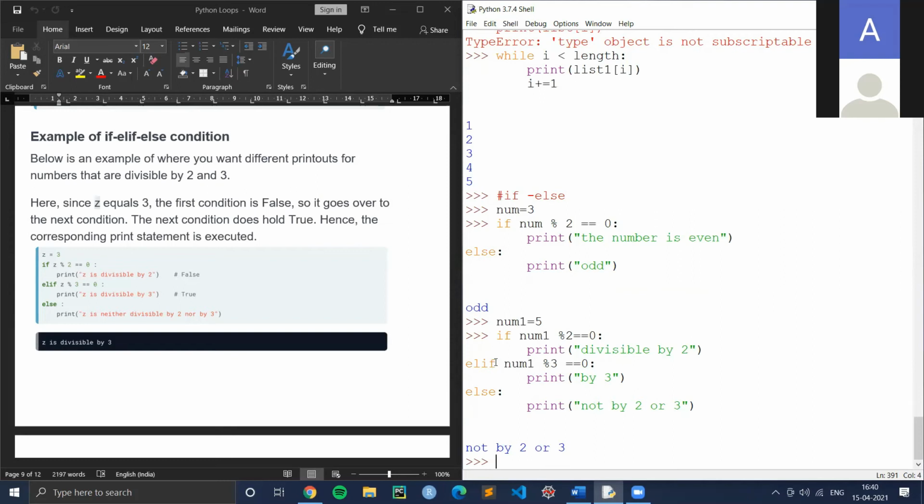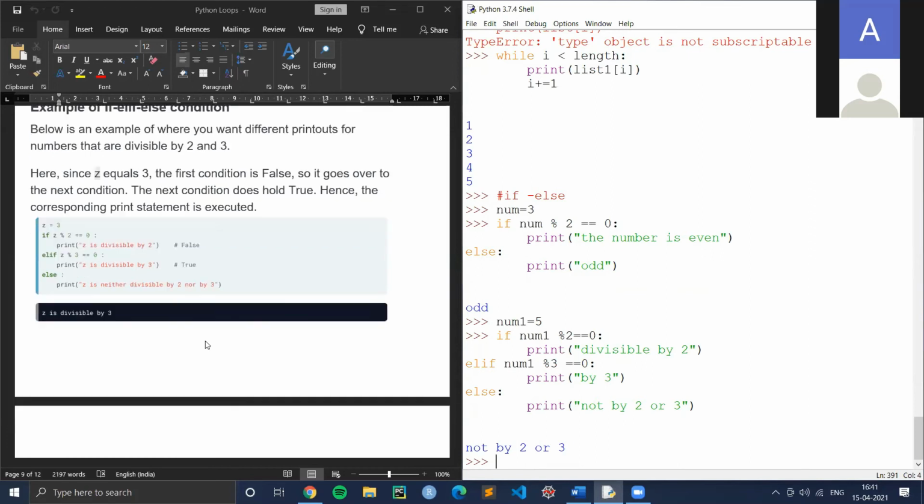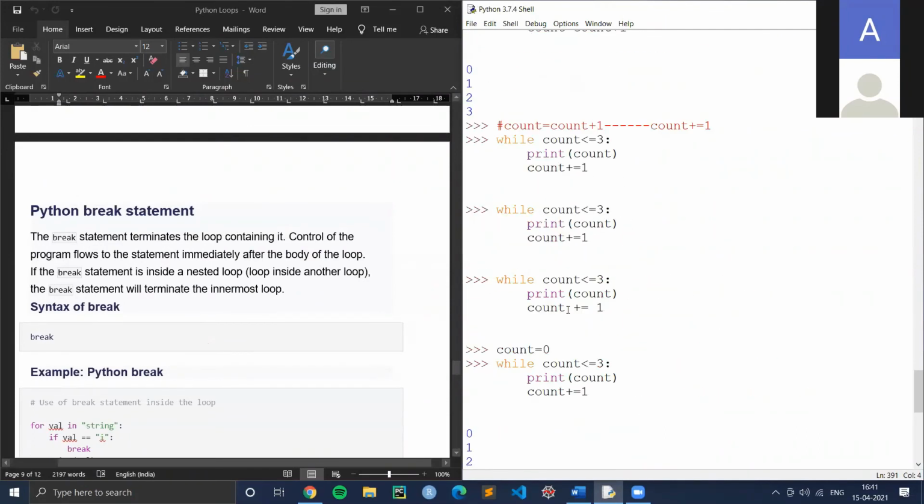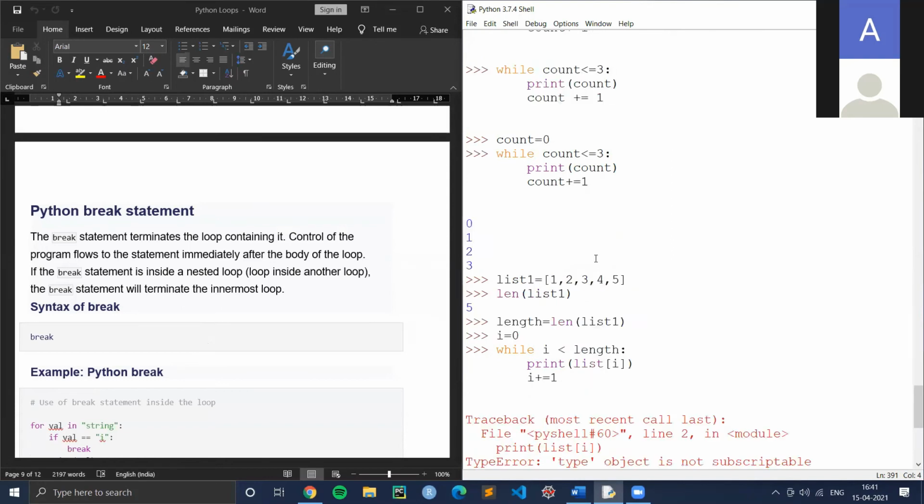And it's not necessary that there has to be only one elif statement. There can be multiple elif statements, depending on the requirement, whatever requirement they give you. According to that, you can do. And then the last, so this is basic. Okay, now I have covered iterative statements and selective statements. Any doubt still here? For, while, if else, and if elif else.